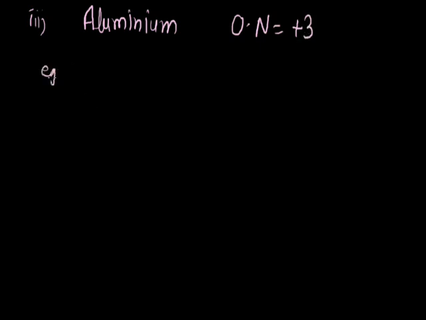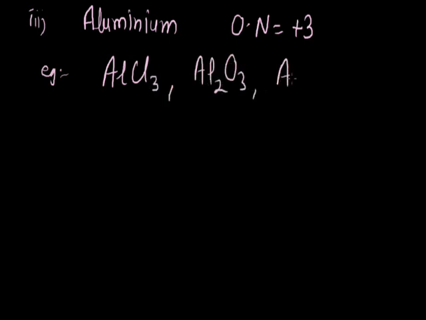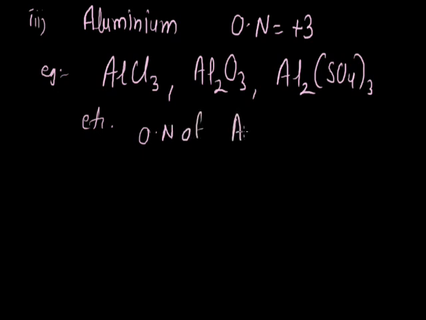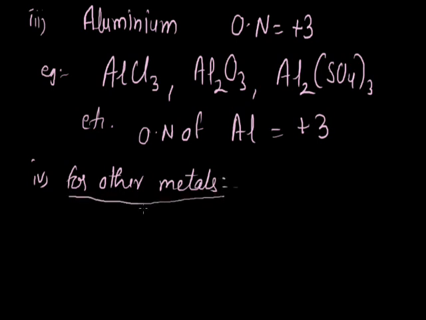And the third, for aluminium, the oxidation number is always equal to +3. For example, in case of aluminium chloride, aluminium oxide, aluminium sulfate, etc., the oxidation number of aluminium is always equal to +3. And for other metals which have variable valencies, we can